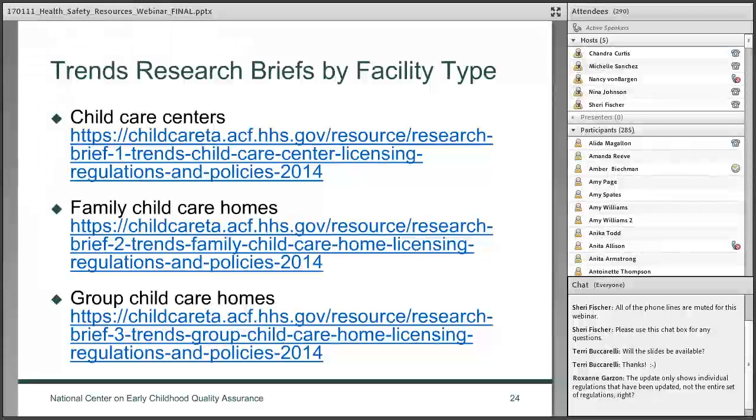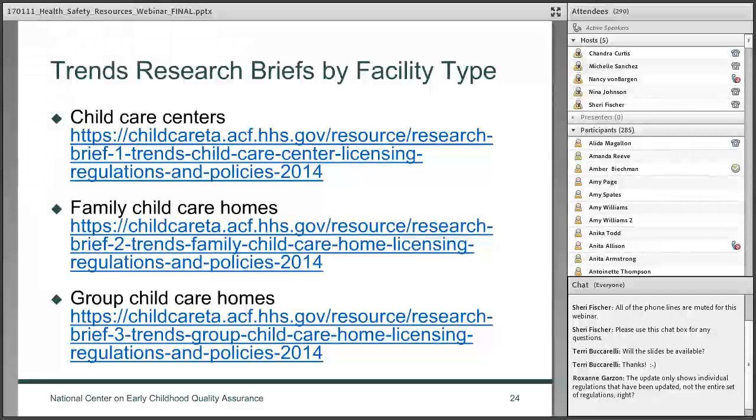We will be conducting the next study later in 2017. The 2014 study was done before CCDF reauthorization was passed and has provided a really good baseline of where states are at that time. The 2017 study will allow us to see changes states have made to requirements in response to reauthorization and all of the new health and safety requirements and monitoring requirements that now exist. So it'll be exciting to do that comparison.